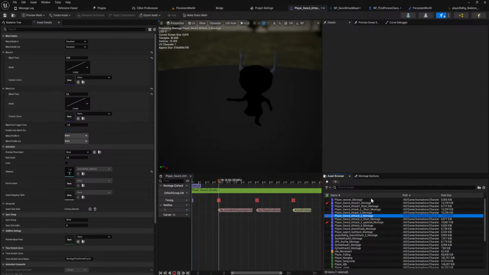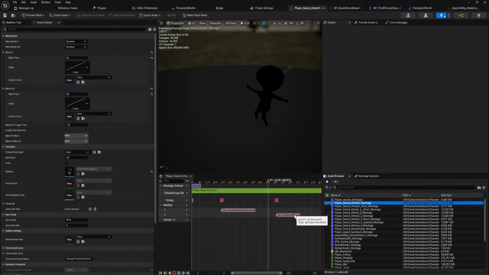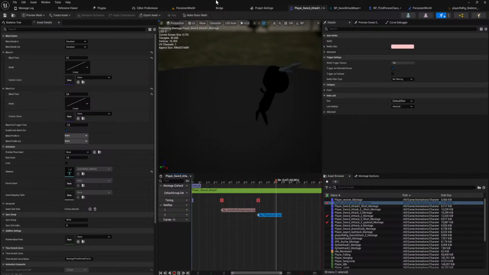But I guess we can pull this back even a little bit longer, or earlier rather. And pull this back to like 45 frames as well.